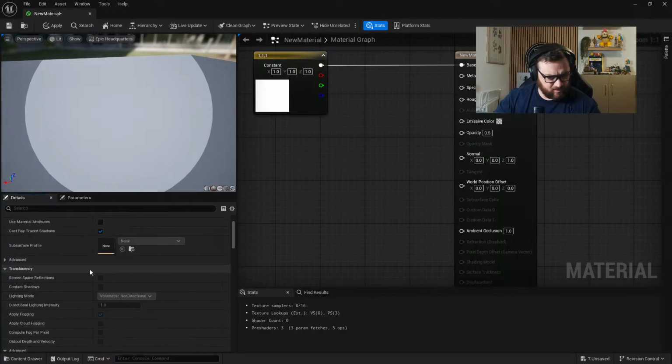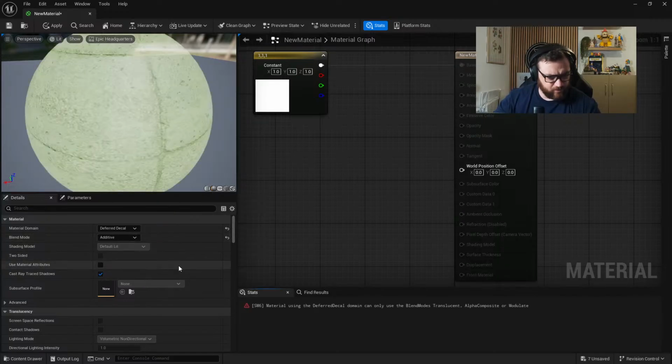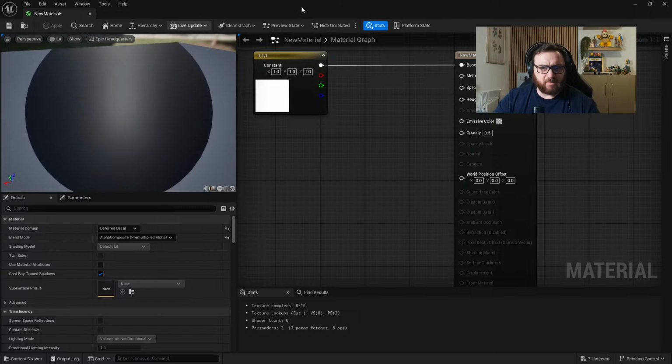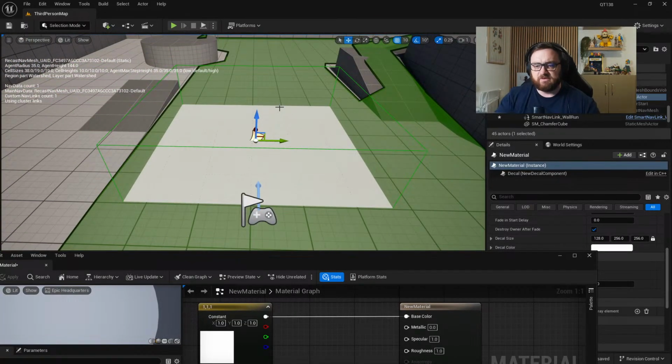Right. It could probably be an additive. I can't remember how you do it now, but you make a decal, leave it on the floor, and make